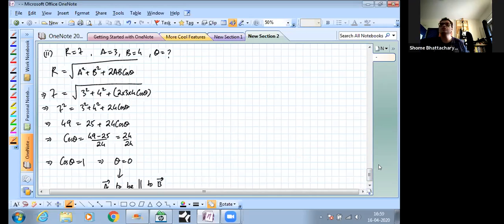So just take a moment to go through that, and then we'll come to more things. Now I'm going to leave the third part for you to solve by a similar method, and you will be able to do that especially after today's lecture, because in today's lecture we will be understanding in detail how to find cos theta for obtuse angles. So don't worry if you get cos theta as a negative quantity. That will become very clear to you in some time.